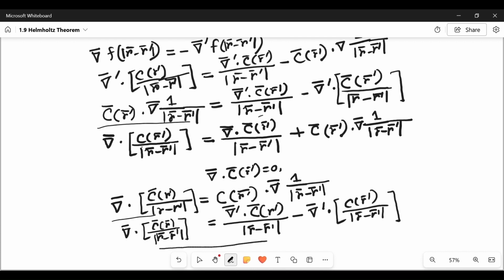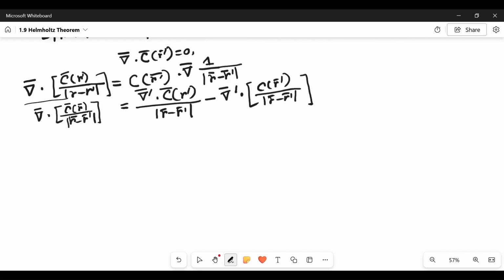And this equation will help us to comprehend our integrals. Let's follow a similar step for curl of C at r prime by r minus r prime. So it will be